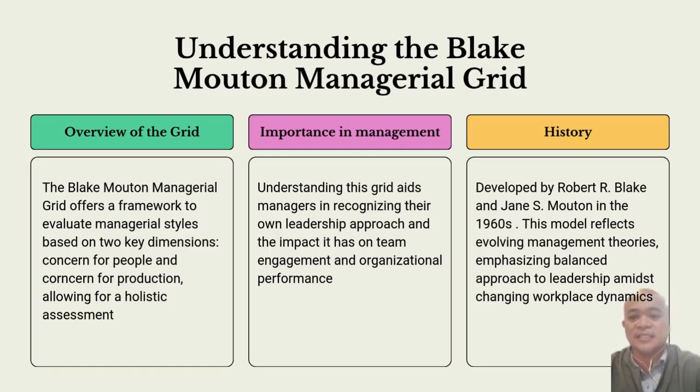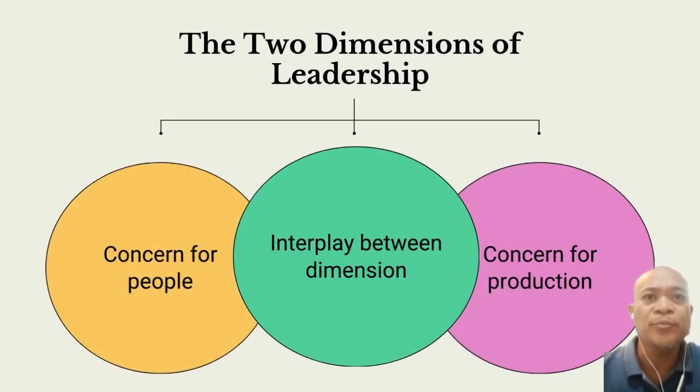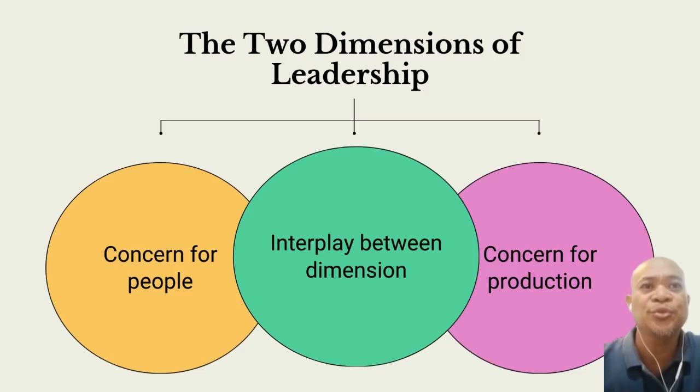Its relevance remains strong as organizations strive for effective leadership that fosters both productivity and team morale. In the Blake and Newton managerial grid, leadership effectiveness hinges on two critical dimensions: concern for people and concern for production. An effective leader is one who can traverse the continuum of these dimensions, understanding that prioritizing people